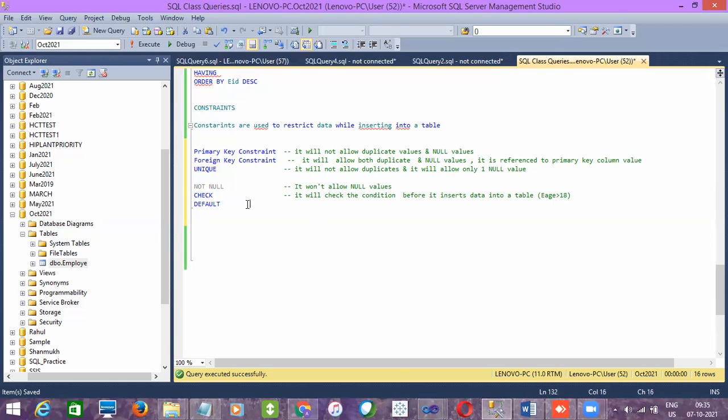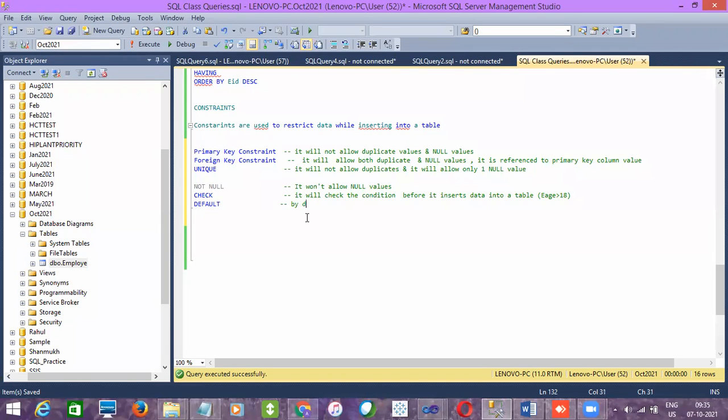And then default means in any case if the user forgot to give the values, right? So let's say location, you forgot to provide. Maybe you have been given a web application and you are asked to fill up the application online form, but location is not a red mark, right? It is not a mandatory field. You will leave it, but the system will automatically take one default value, which means if the user doesn't provide any value to that field, then the system will consider a default value, right? That is what the default is.